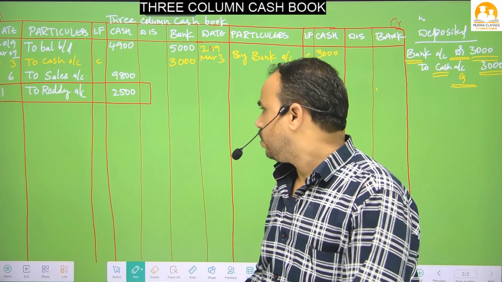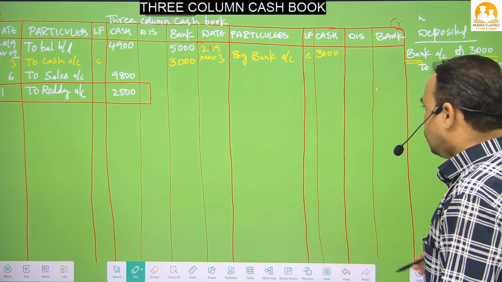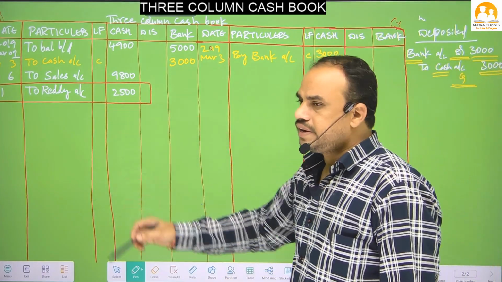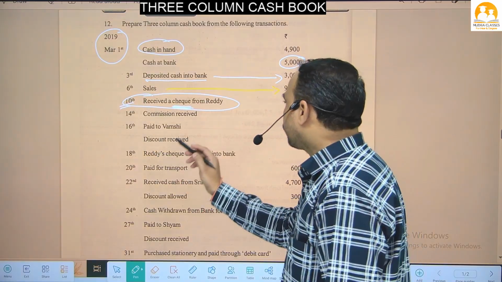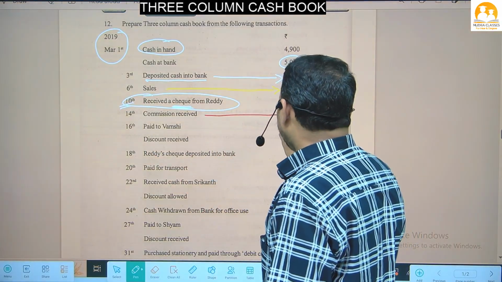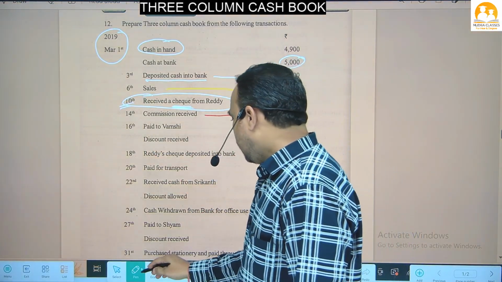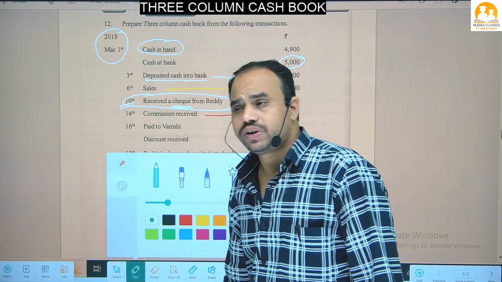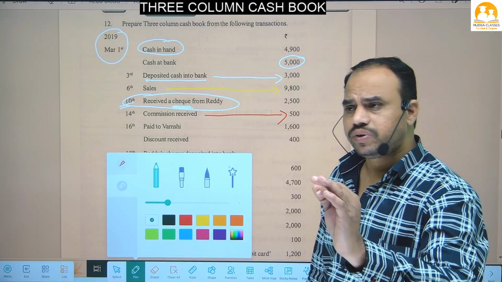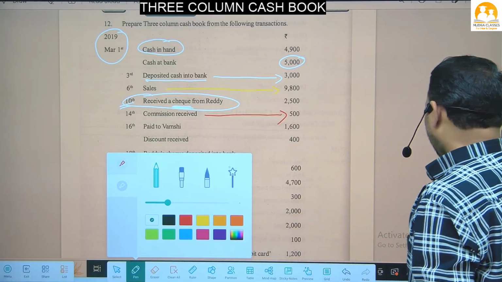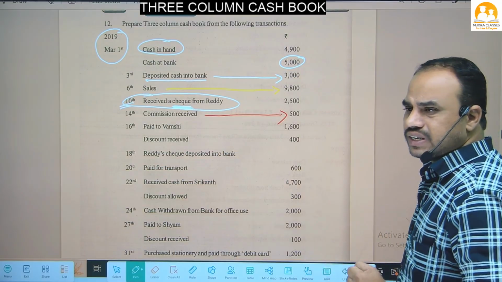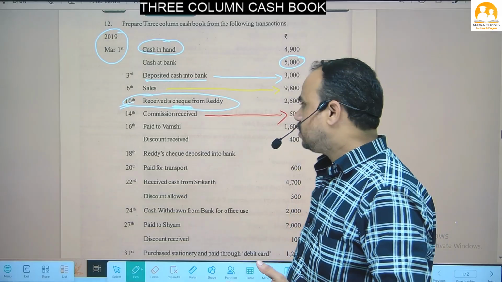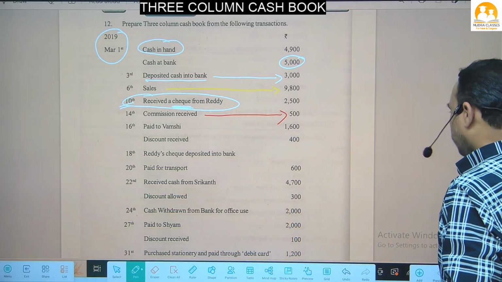Now we will do one more transaction, beta. Previously, I just completed the Reddy transaction. Now let's see the next transaction. Commission received. What did we receive, beta? We received commission. Commission means in which form will we receive? Commission means we will receive it in cash form. So commission received, so cash is coming into the business. So on the debit side we have to write